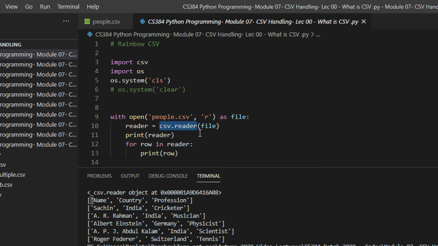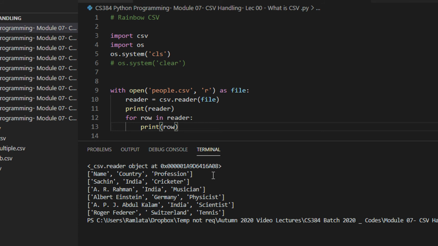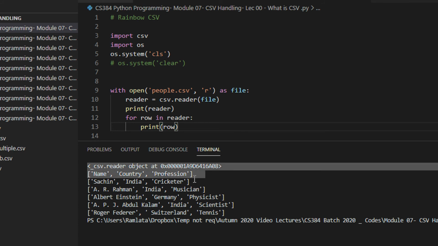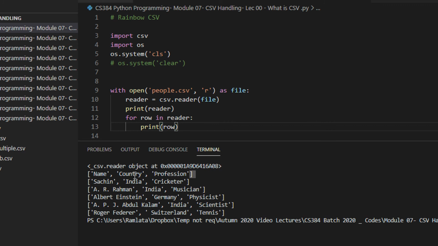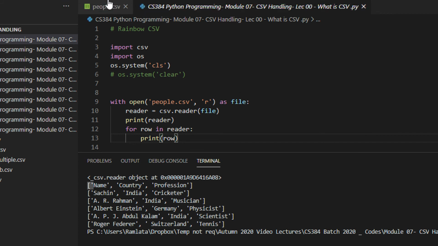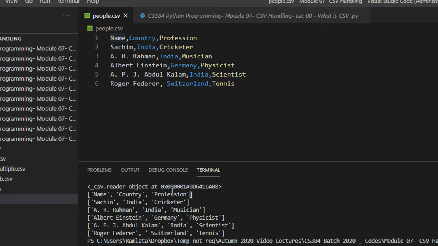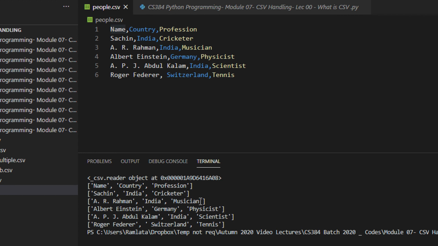What this reader will now do is process the file row-wise. It will keep on reading each and every row, and we are just printing the row. You can see the output. The first row it reads is name, country and profession. Just observe that it is reading the CSV file line by line in the form of a list. The first line, name, country, profession, has been read with the delimiter, but enclosed within square brackets. That is, now it's a list, and then you can do any processing over the list as you have all studied till now. Again, every row it processes into a list.